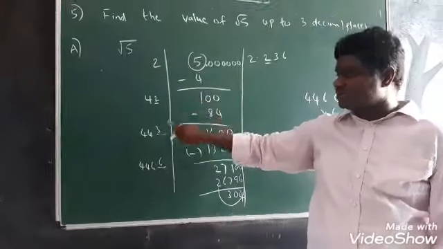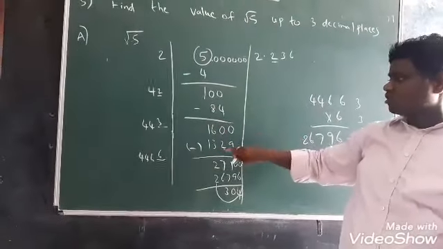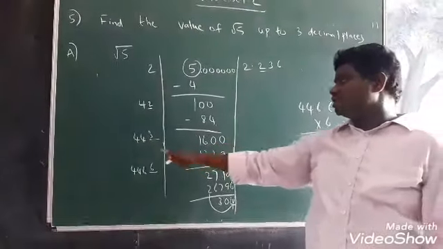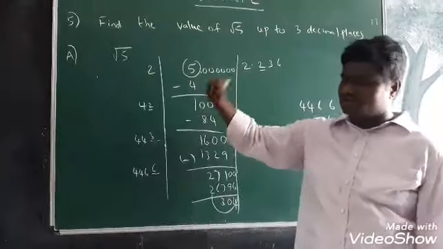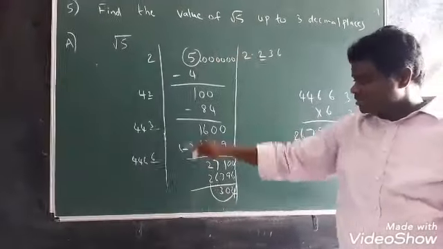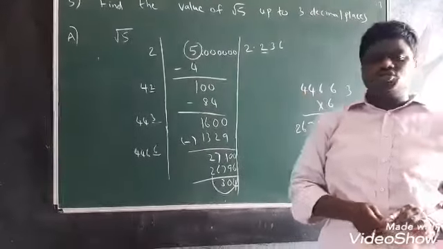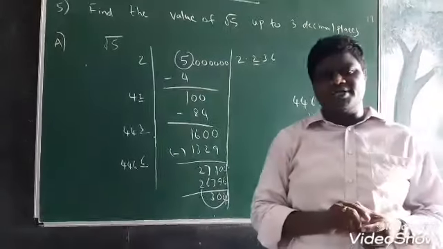Beside 44 you have to keep a digit, any digit, and multiply with it so that you get close to 1600. But 43 into 3 gives you 1329, and if you keep 4 it will go bigger. That's why you get 27,100. So you have to follow the same process, and you will get 2.236. So children, today try to understand this one. Tomorrow I will explain another problem, then you will definitely understand.